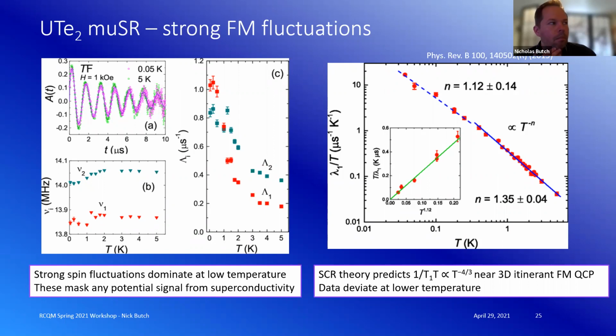Yeah, so the statement that I can make, I think with some confidence, is that we know there are strong magnetic fluctuations that extend above the superconducting transition temperature, and as I mentioned from this slide, they dominate any signal that one might see. The reason I can say that is because Jeff can compare the amplitude to what he would expect in a system where there aren't strong magnetic fluctuations, but there is time reversal symmetry breaking at the superconducting transition. So these are very strong. Okay, it's still encouraging, so thank you.